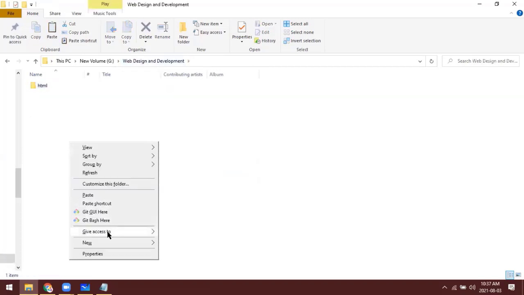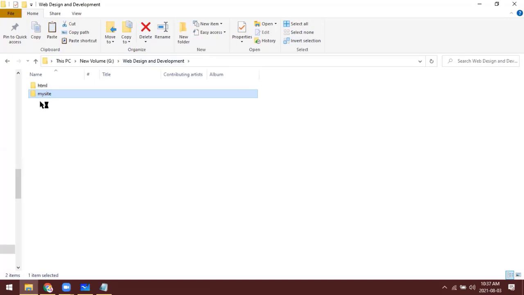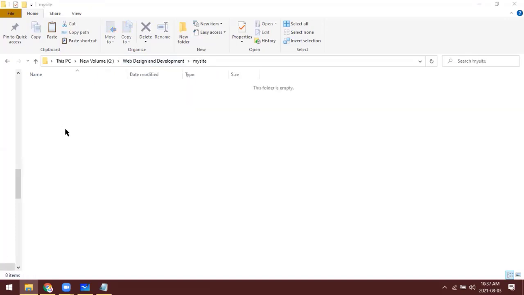So normally, let me name this my site, right? Now, if you assume this as a website folder, my site, the standard practice is we don't keep all these HTML, style sheet, JavaScript files in the same directory, right?